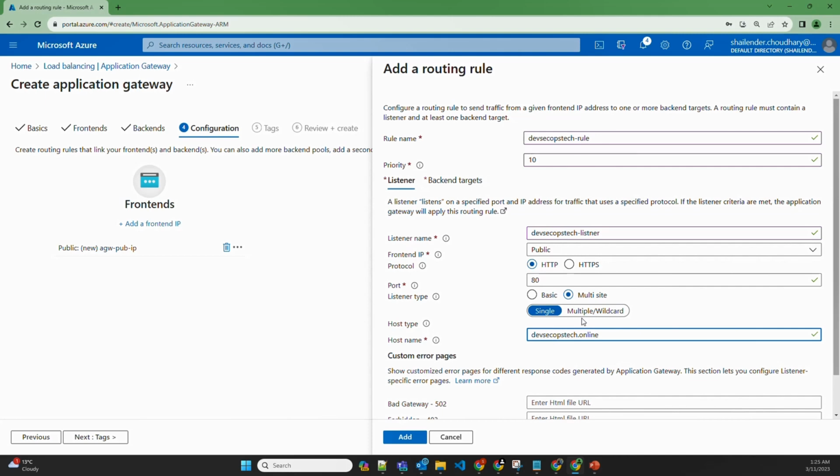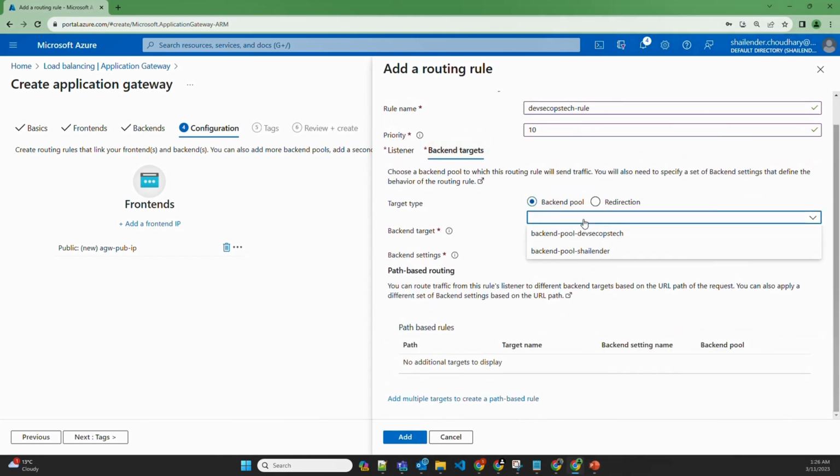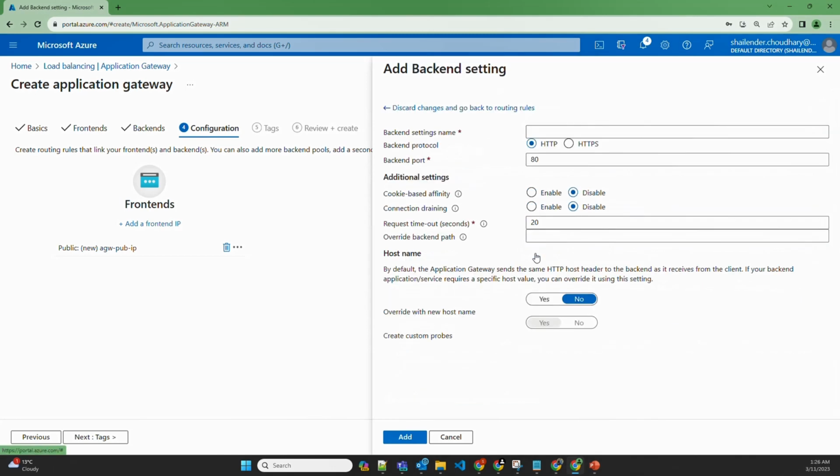Tech.online. In the case of multiple hosts, you can provide the wildcard star if you have multiple host names like images.devsecopstech.online or videos.devsecopstech.online. In that case, you can use the wildcard. But we have a single website with a default page, so I'll be using the single. Let's select the backend targets, select the pool, and create a new backend setting, DevSecOps Tech setting